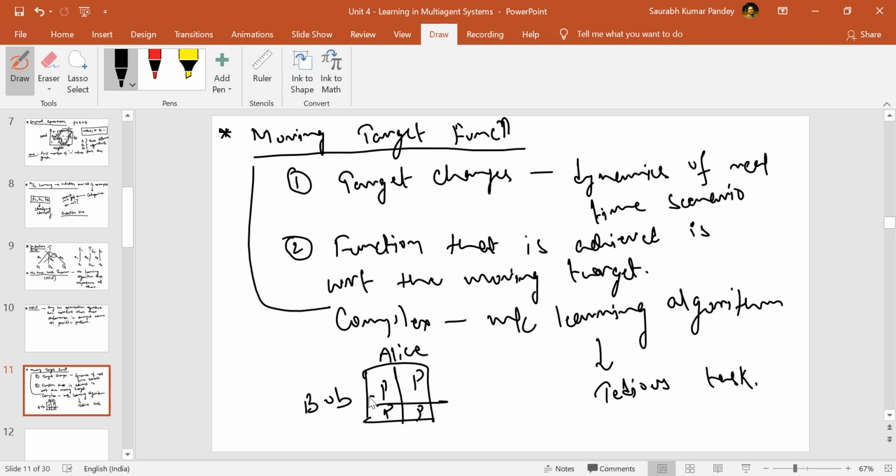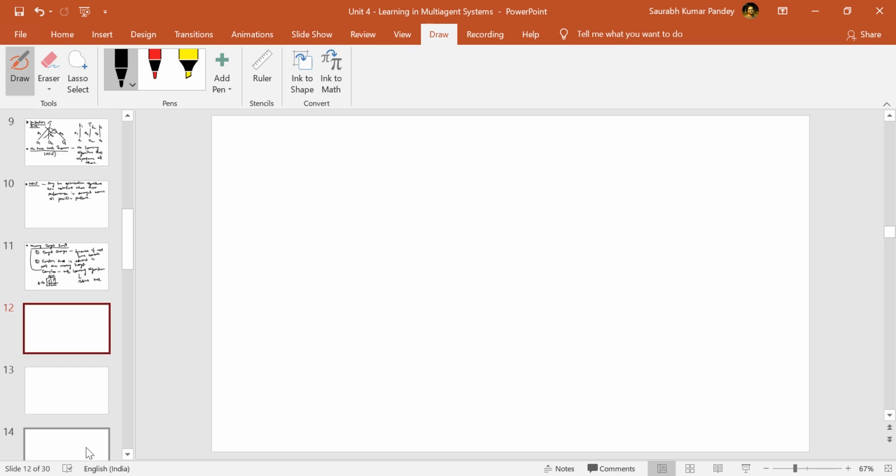Similarly in an auction, this is what happens. In the market, the auctions for a particular quotation or for a particular product, there also all of them are playing their game, and then based on their experience in the first game, whether they won or lost, on the basis of that they will go into the next round of auction. So what we are trying to say is that we must understand cooperative learning, right?